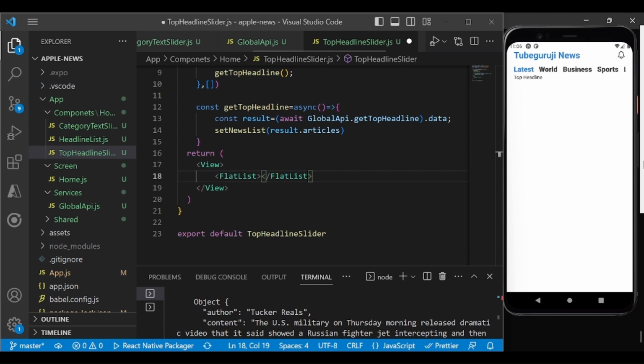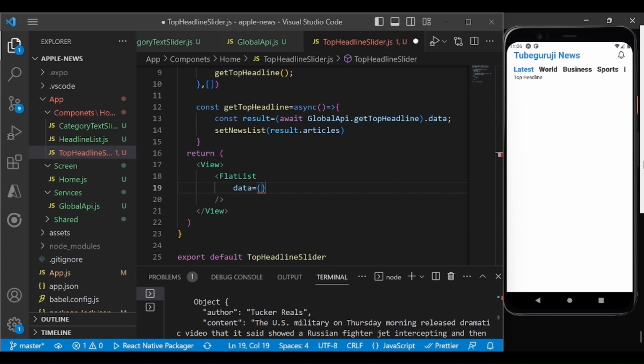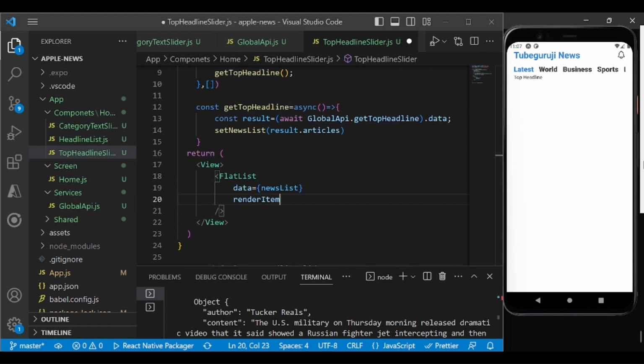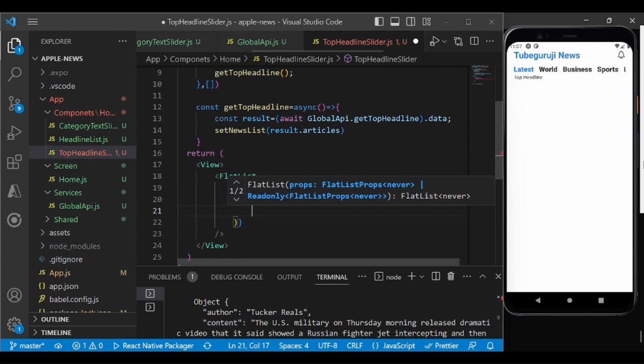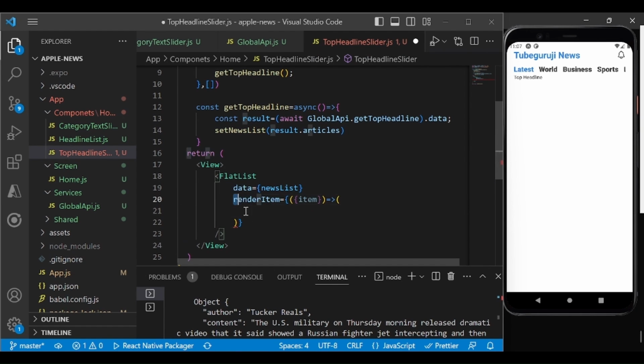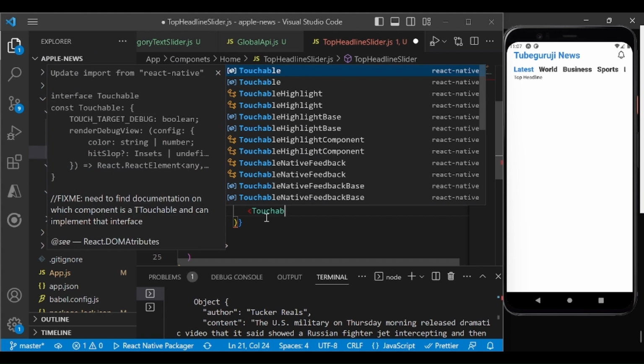And inside this FlatList, you can define the data, which data we want to use. In this case, the newsList, and we want to render items. So renderItem, item I will say, and you have to define it like this. Inside that, it should be touchable, again this item should be touchable, so when you click, you can read the full news. So I will write TouchableOpacity,